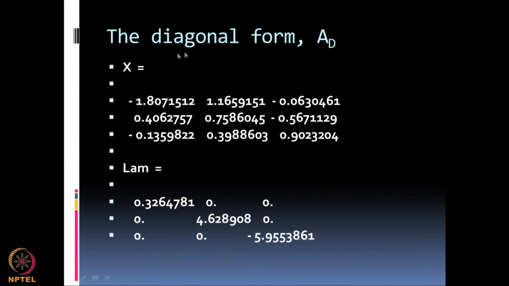So, once I execute that particular command, it gives X equal to 3 columns here, these 3 columns are the eigenvectors of the matrix, then lambda is the eigenvalue. Now, all the eigenvalues it is writing in a diagonal form. Okay. So, this is a diagonal matrix which consists of all the diagonal elements as eigenvalues, and X is your matrix of eigenvectors.